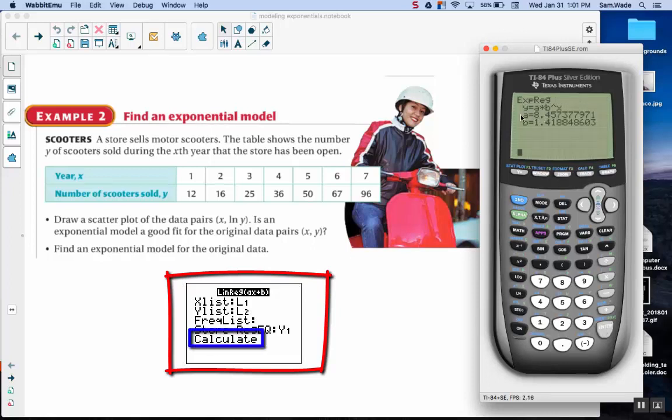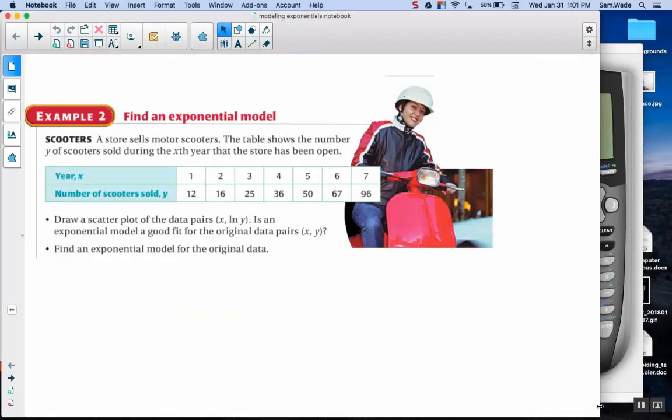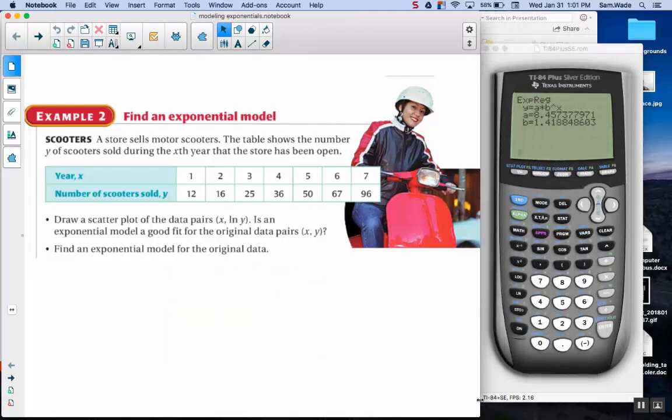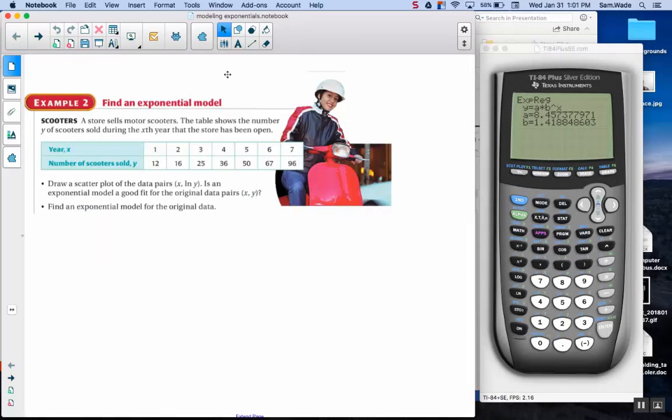And now it gives you this. Now, what this tells you is this gives you the regression equation. So in your homework or whatever it is, when you want to find the exponential model, this is what you will be writing in. And that I have y equals,